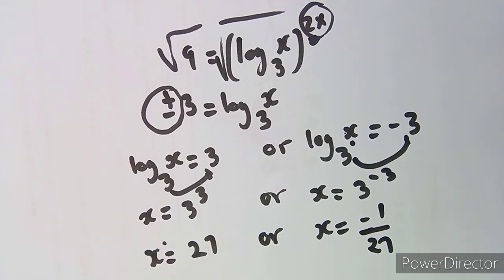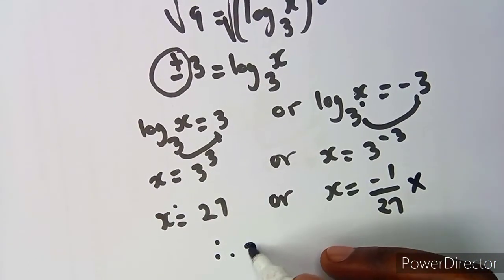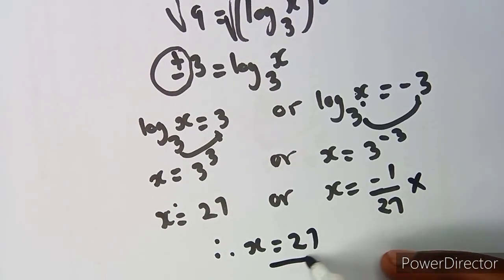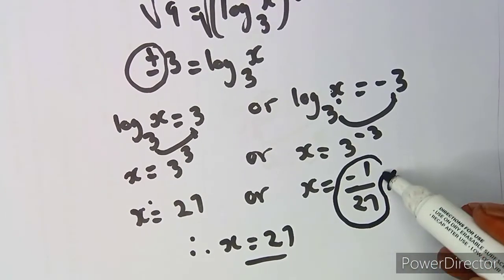But if we cross-check from the normal part that we had, our x can never be negative. We cannot have a condition where we have a base being negative, or even a number being negative. So now what are we going to actually write? We are going to have our x being equivalent to 27, because we cannot have that condition. What I'm saying is that if you are to replace minus 27, guys,